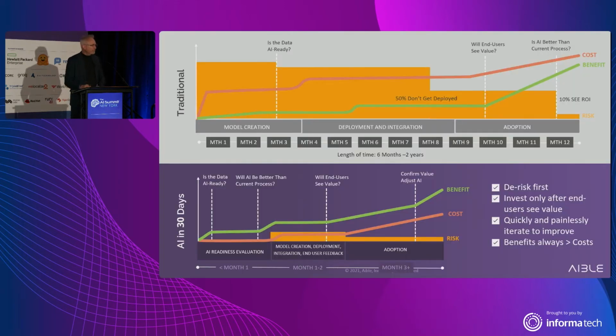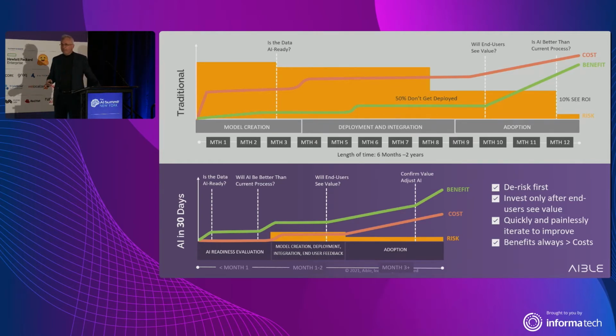So overall, what has this done for me? Well, this is what we see, in particular as we work with our customers and see how they're progressing. We've moved them off of this track of building the one true model and instead moved them to something that looks much more agile, because I'm not assuming a lot of cost up front until I understand what the benefits of the model are or how it feeds into my business. I'm not assuming a lot of risk until I start doing things like integration or trying to get it out to the users, or costs at that point. But already I have a sense of where this is going, so I've got a way to understand how this is going to impact the business.